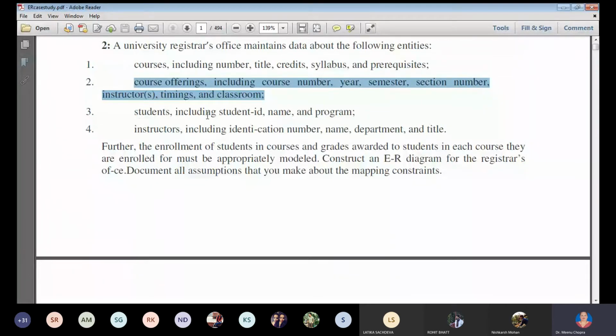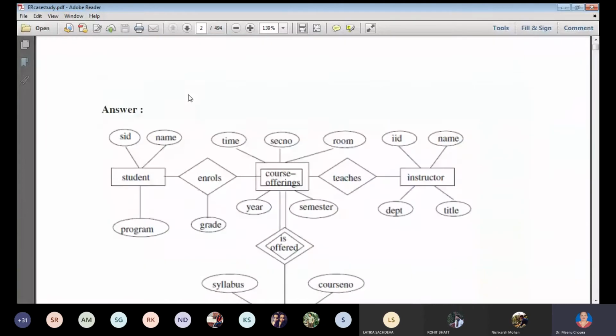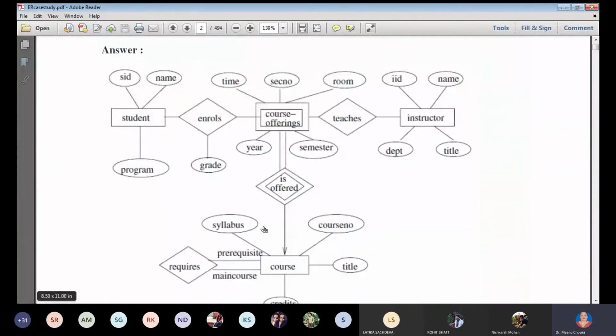Similarly, student, courses: there are three main entities, that is student, instructor, and course, and the weak entity is course offering. So here is the ER diagram, course offering, fine. Some can make the enrollment a weak one, but why is it not weak? Because every student must enroll for a course, fine. Then it has an instructor, so that is why it has a strong relationship, whereas this one is weak.